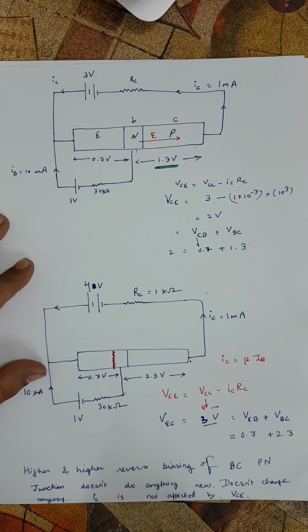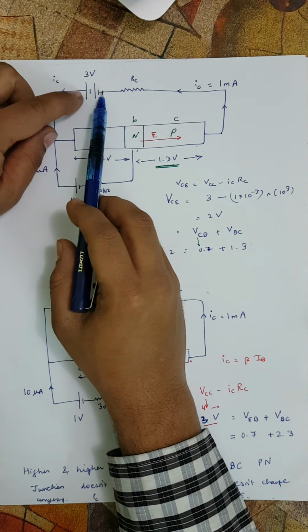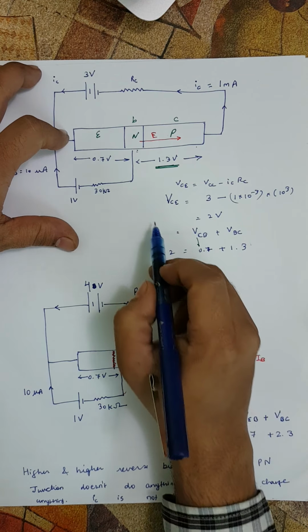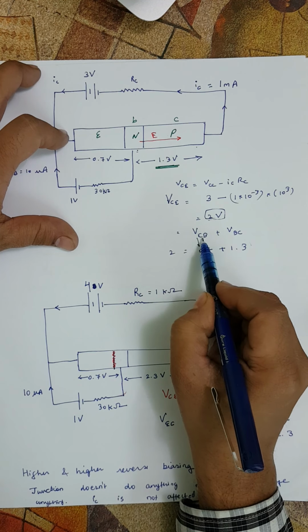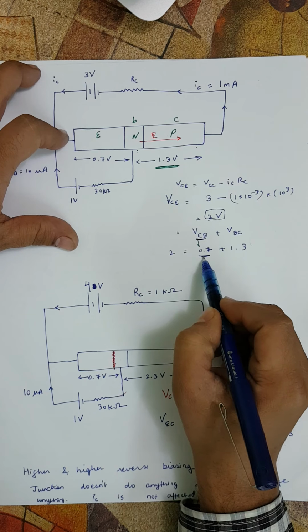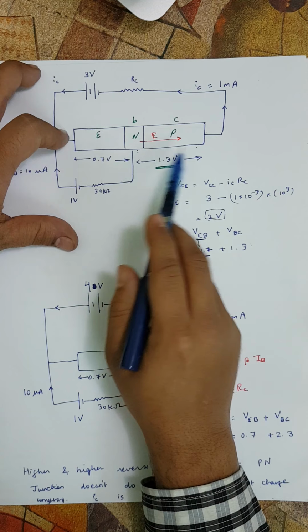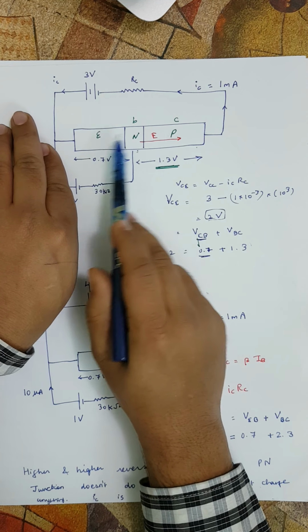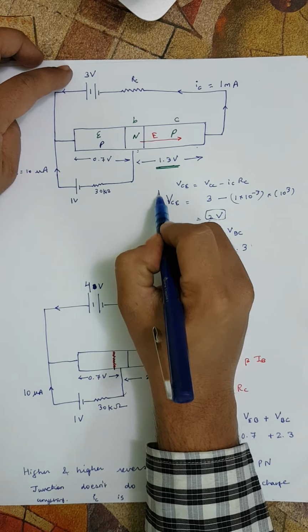But what if we start decreasing this VCC and thereby decreasing this VCE? So we know that this VCE, for example, if it is 2 volt, out of this 0.7 volt is dropped across this, and 1.3 is dropped across this, which is creating this sufficient reverse bias. This reverse biasing is important to attract the holes coming from the emitter, this P side. Okay. Now as we decrease this VCE,